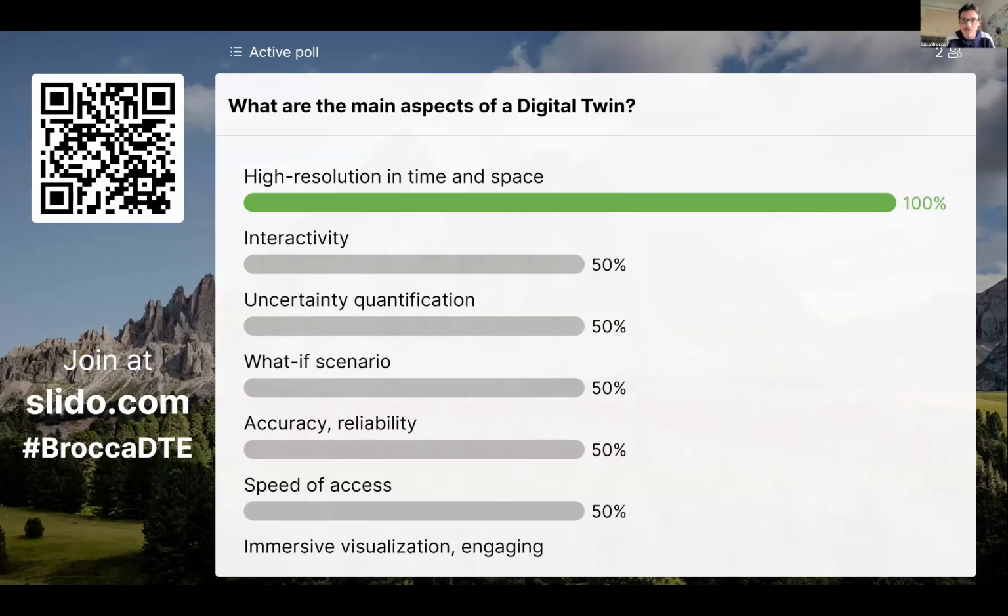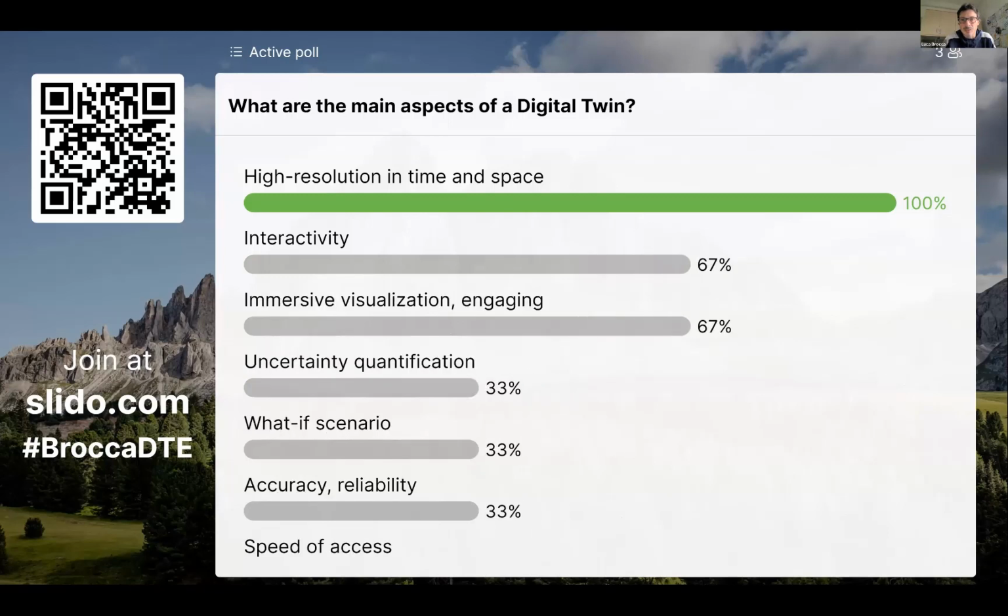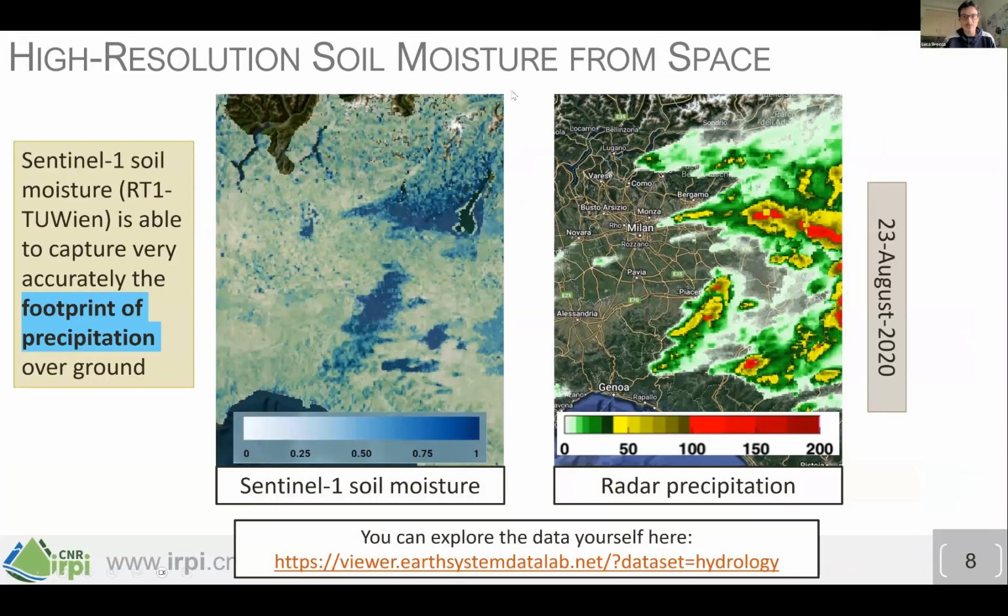Typically we talk about high resolution, developing an interactive system attached with uncertainty. Is it more important to have high accuracy or uncertainty? My screen is a bit, no, sorry.